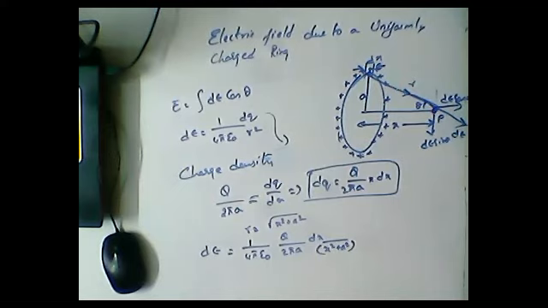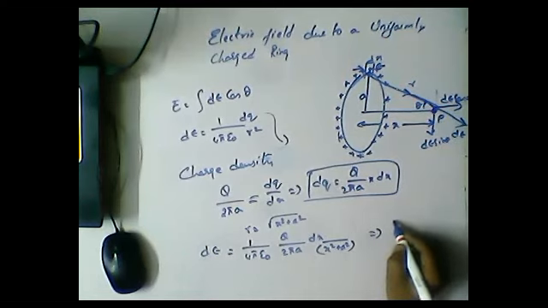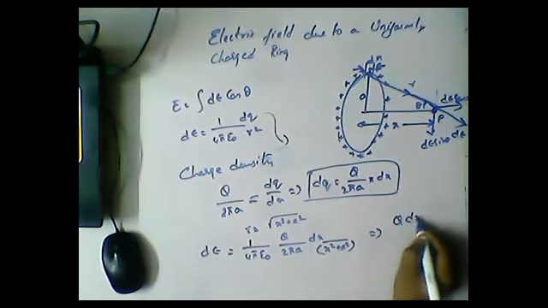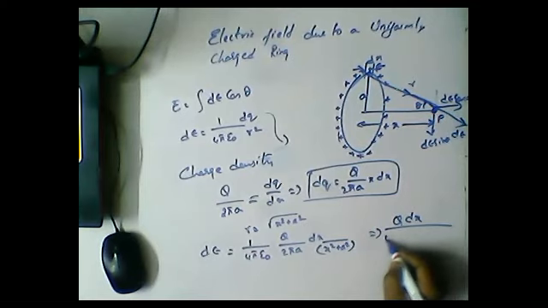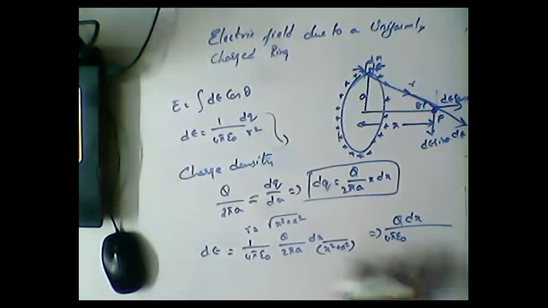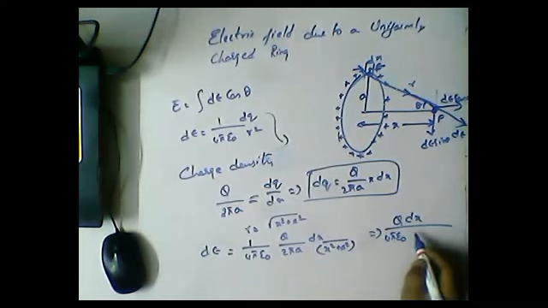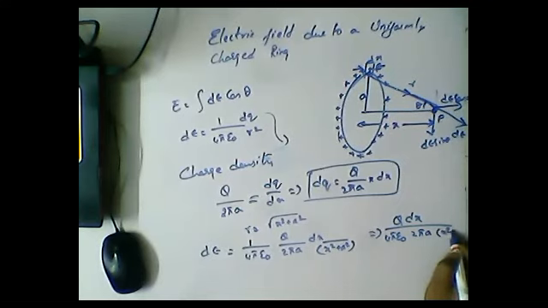Got it, guys? So this is the concept here. We can write the final dE as Q dx by 4 pi epsilon. I'm writing it separately because we can write it as k in the final expression. That's the reason I'm writing it like that. And we have 2 pi a and x square plus a square.